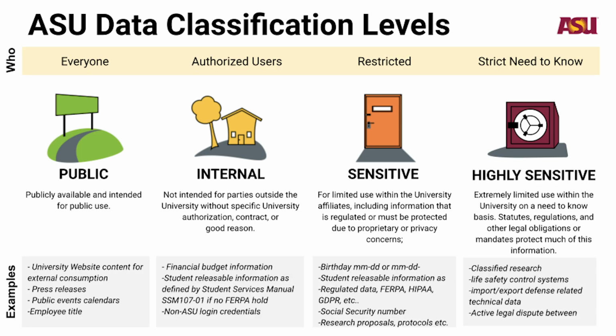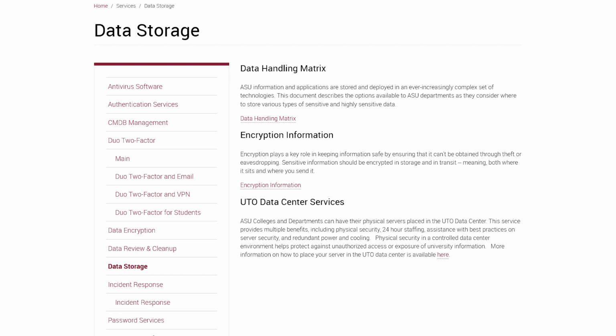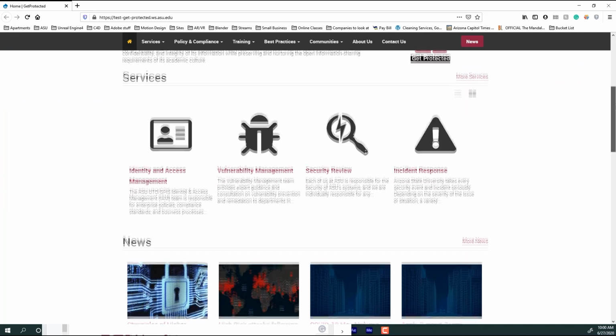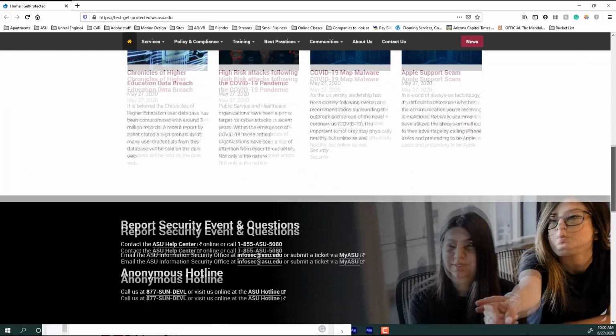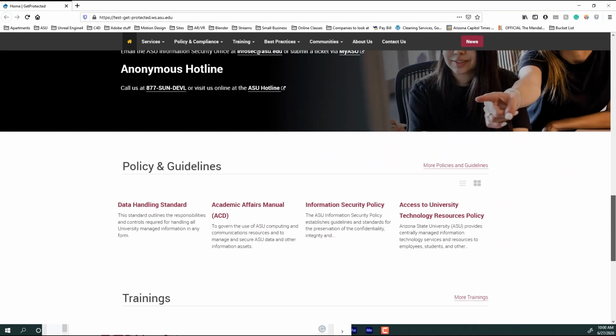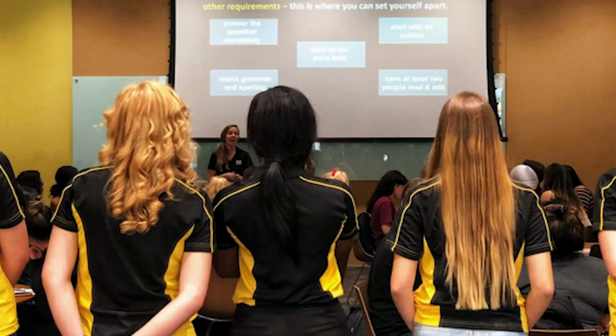Data classification affects how and where you store it, how and to whom you can disclose it, what collaborative tools you can use with it, and how and when you should dispose of it. ASU's Sensitive Data Handling Standard and Data Handling Matrix provide detailed information on these topics. Be sure to visit getprotected.asu.edu to review in detail any time you need to determine appropriate storage and collaboration options, whether on campus or in the cloud. Your unit's IT desk side support team can also answer specific questions about these options.